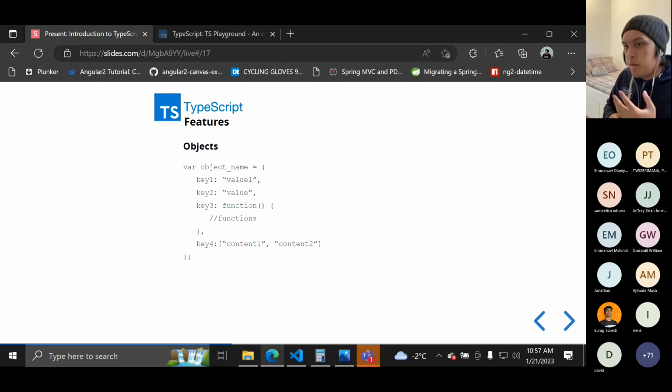This doesn't have an interface type or a custom type, but we are defining each property manually. In this case, we have defined three properties, which are key one, key two, and key four, and we have key three as a function. So think of it or imagine it as just a JSON, and we can use it in different parts of our code.